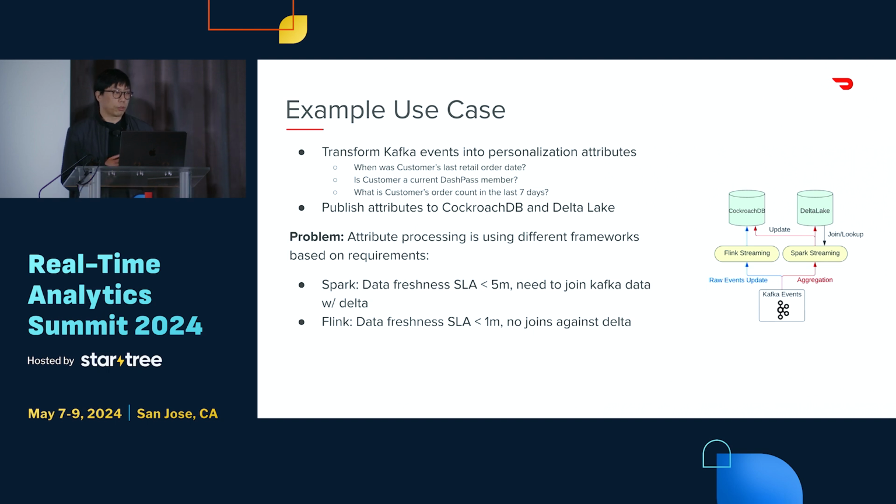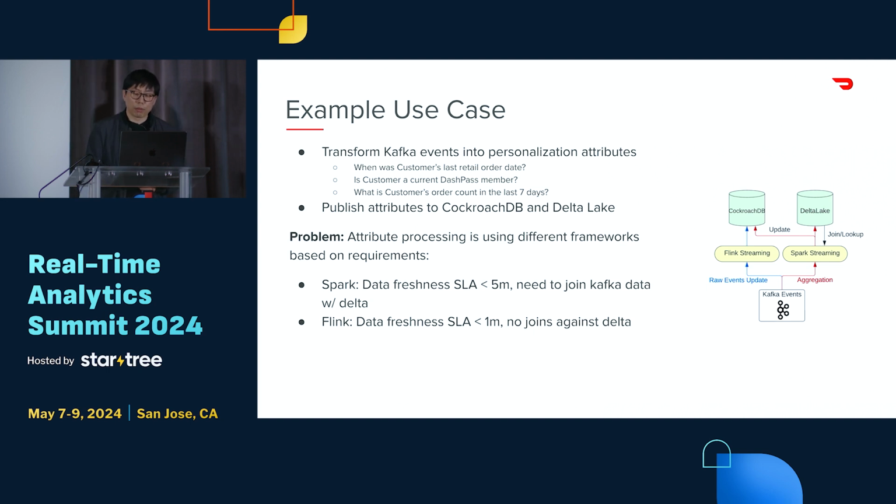So for generating the personalization feature, for example, we want to generate what is the current Dash Pass of our user. Dash Pass is basically the DoorDash membership program. So if a user subscribes to the Dash Pass, we actually want to reflect the change to the user immediately. Like we can give them some promotion, some discount. So this naturally can use Flink because the latency is so important. So we're using Flink to process the raw events and update CockroachDB, and then the application can query this data